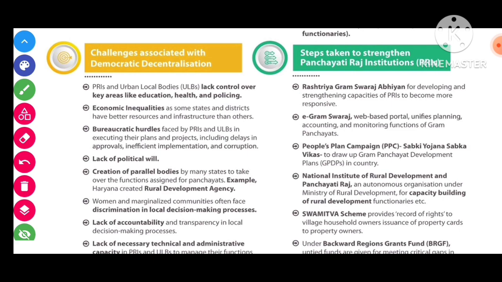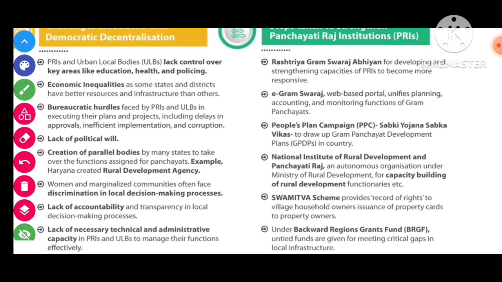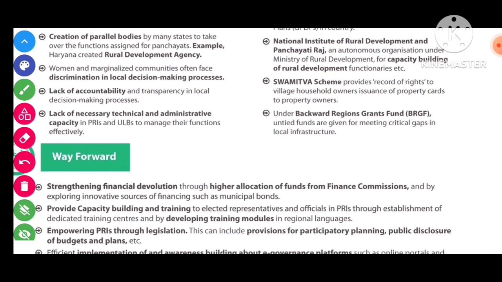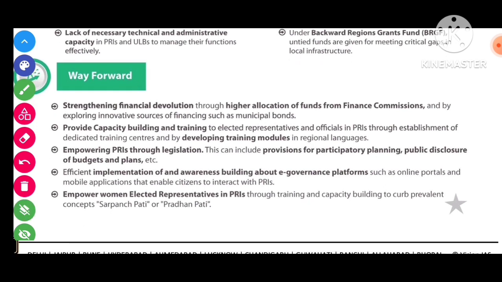And the steps taken by the government to strengthen Panchayati Raj institutions, such as the Rashtriya Gram Swaraj Abhiyan, e-Gram Swaraj, People's Plan Campaign, Sabki Yojana Sabka Vikas, the National Institute of Rural Development and Panchayati Raj, and the SVAMITVA scheme for digitalization of land records, and the Backward Regions Grant Fund. And the way forward: strengthening financial devolution through higher allocation of funds from